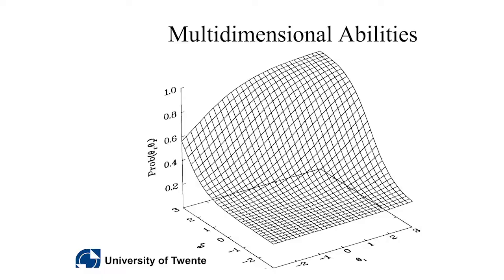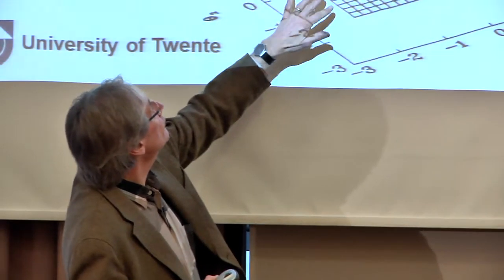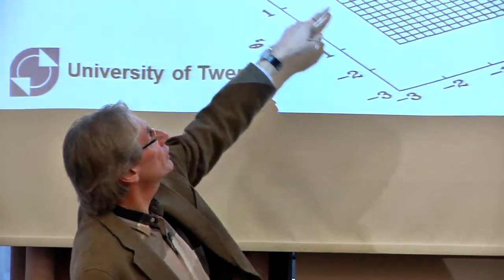And before I present you the formula, I'll give you a little picture of what the models mean. So, instead of one unidimensional theta scale, we now have a two-dimensional space here. So these are two dimensions. Theta 1 might be, let's say, math ability, and theta 2 might be language ability. So every student is located here somewhere in that space and has a certain amount of math ability and a certain amount of language ability. And then this layer is the probability of a correct response.